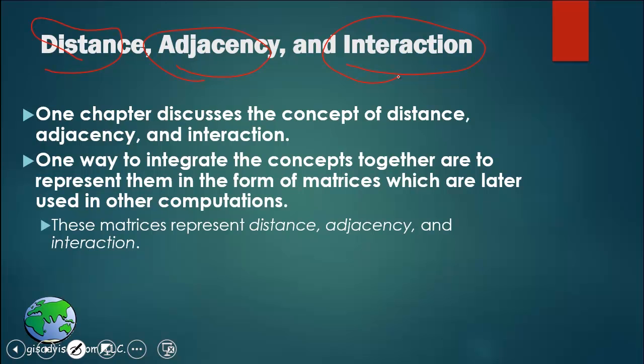Do they overlap? Do they overlap a lot? Do they overlap a little? Is something contained? Right. So these are the basic topological kinds of questions we ask with GIS. So one of the things we can do is represent them in the form of matrices, and these are then used in models. We've already kind of looked at distance, adjacency, right, with the ST touches earlier, and interaction when